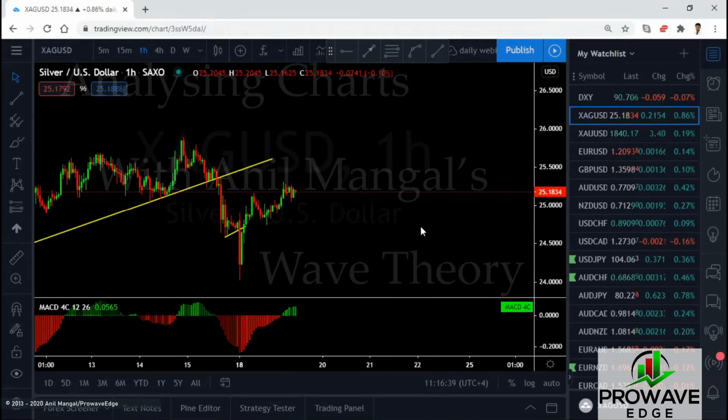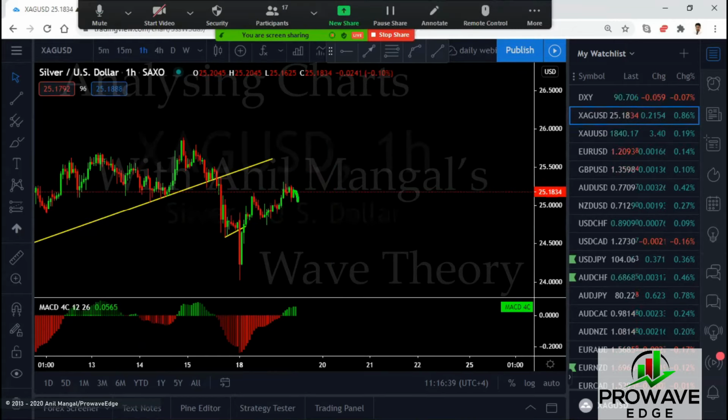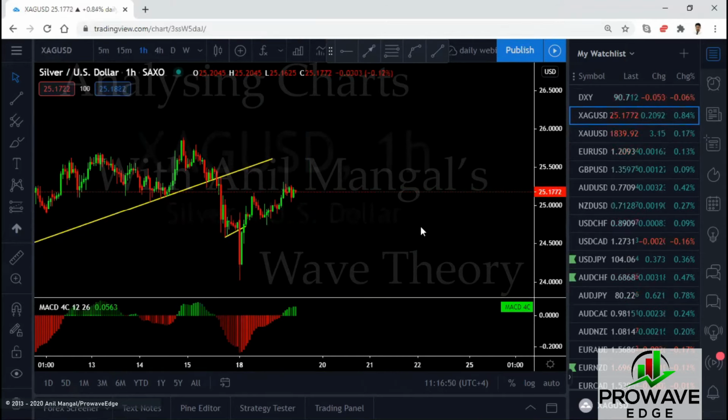Now, I don't think they're going to do that. I wouldn't even be surprised if this actually drops here. We get a running flat, and then it goes. Right? We are anticipating that a move like that could happen.